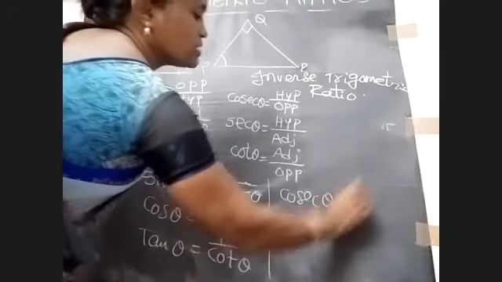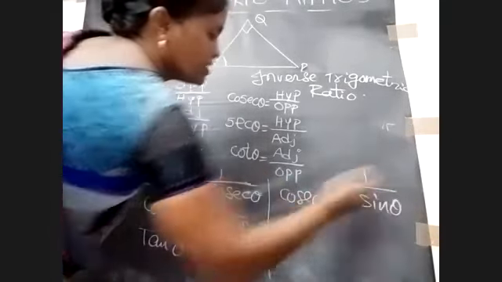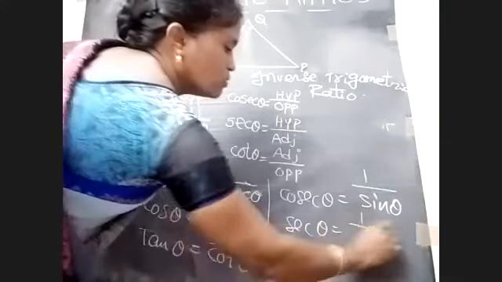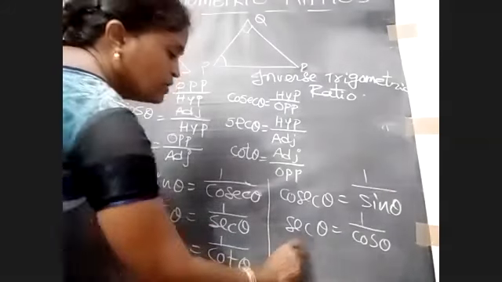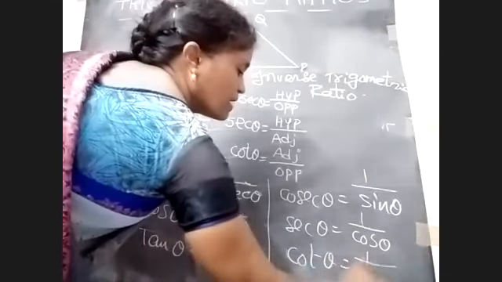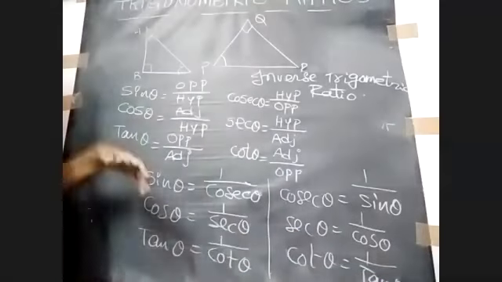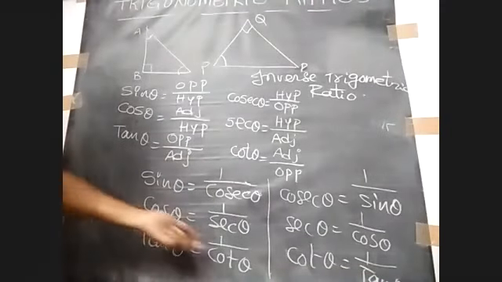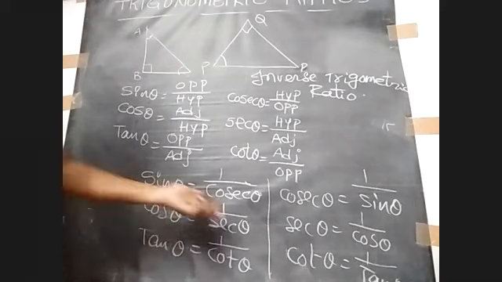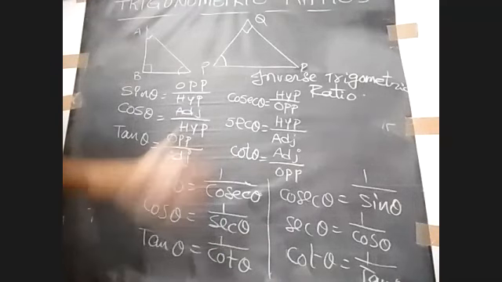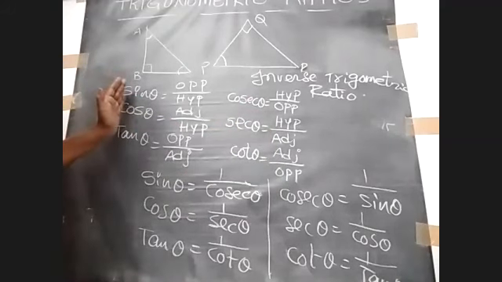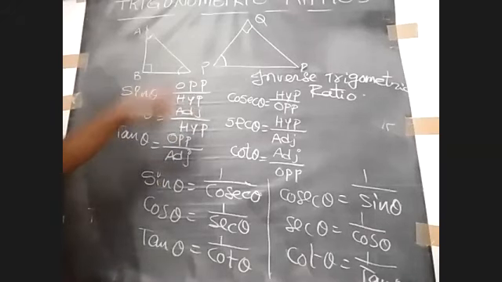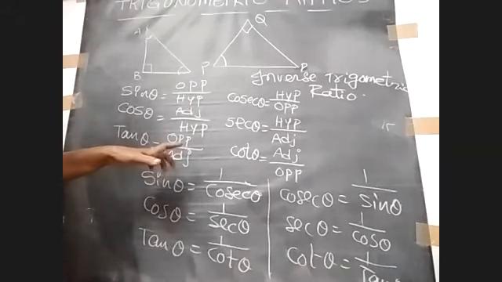In the same way, cosec theta is equal to 1 by sin theta, and sec theta is equal to 1 by cos theta. These are all multiplicative inverses. So cot theta is equal to 1 by tan theta. Whenever we find tan theta, we can write it as 1 by cot theta, cos theta as 1 by sec theta, and sin theta as 1 by cosec theta, because these three ratios are inverse ratios for the given trigonometric ratios. Okay. Did you get clarification for this? Yes, ma'am. Okay. Write down in CW.